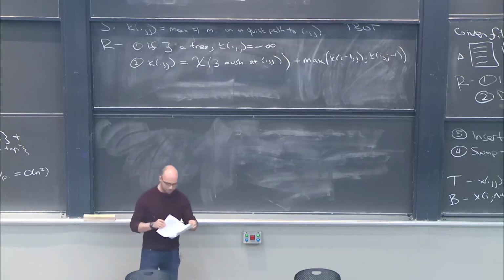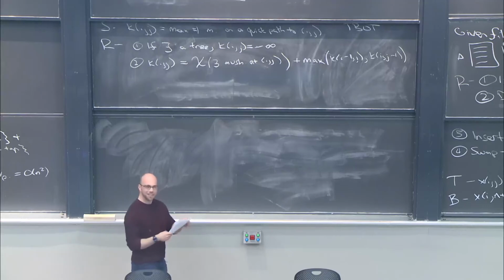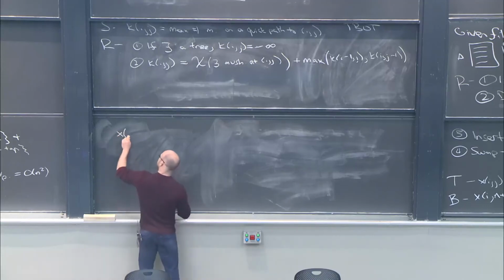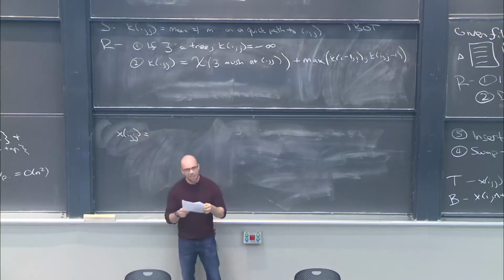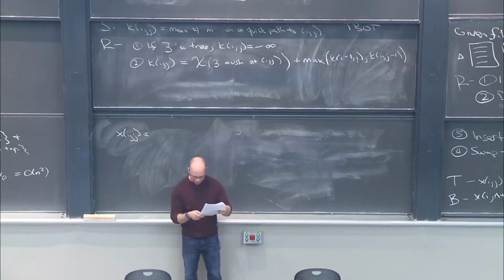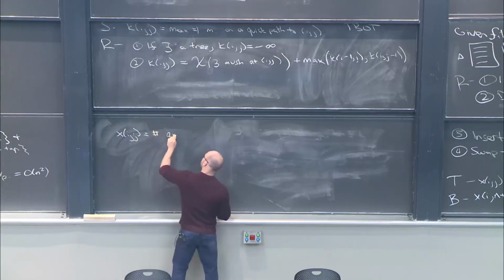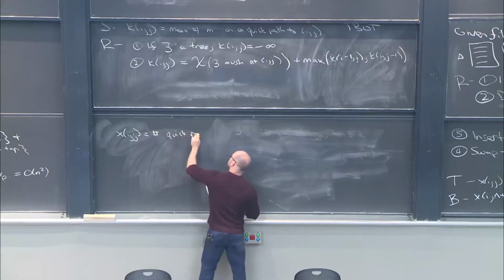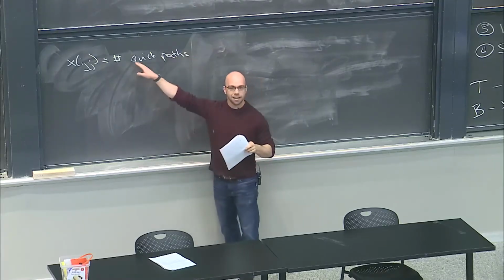So in particular, now I'm going to define a second thing that I also am going to do dynamic programming on. Yeah? I'm going to say that x_ij is equal to, and I'm going to make a kind of sneaky definition here, the number of quick paths that end at ij